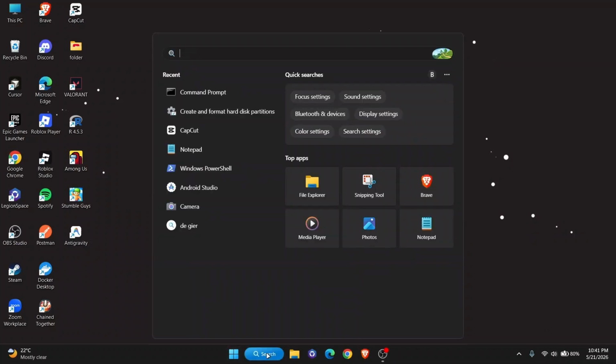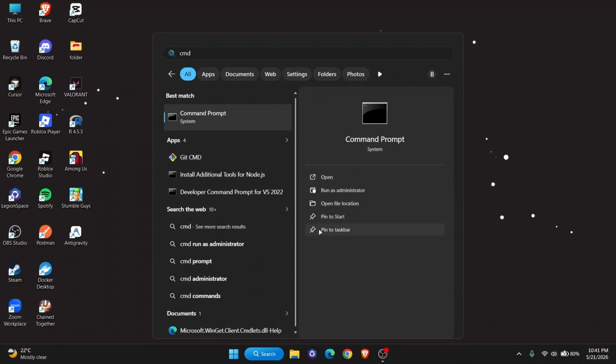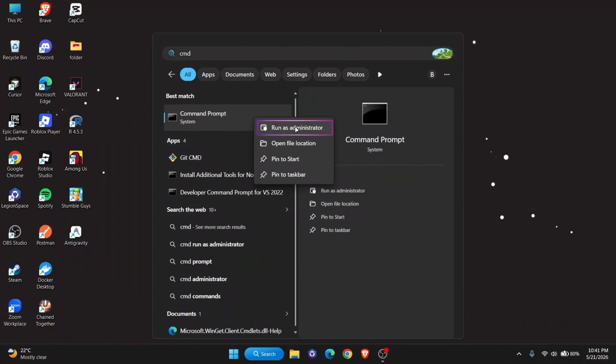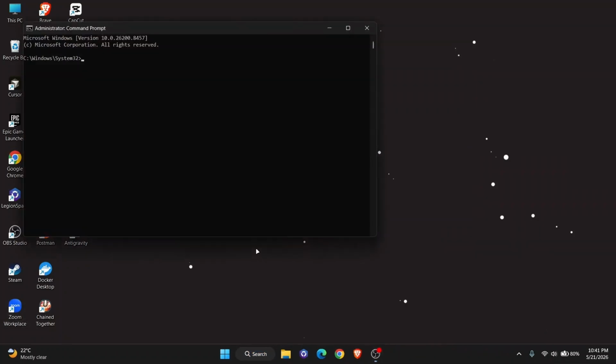First, click on the search bar and type CMD. Right-click on Command Prompt and select Run as Administrator, then click Yes. Once the window opens, type ping 8.8.8.8 and press Enter, then type ping